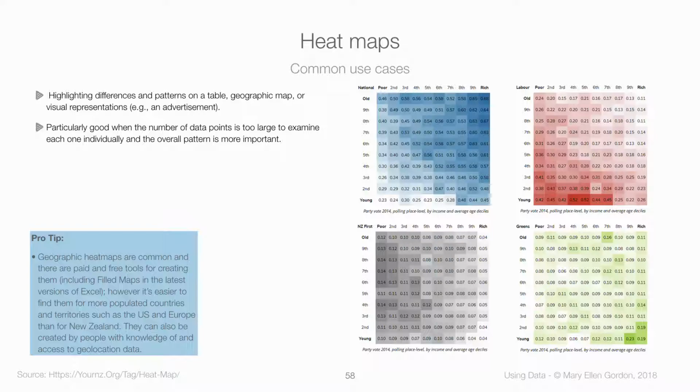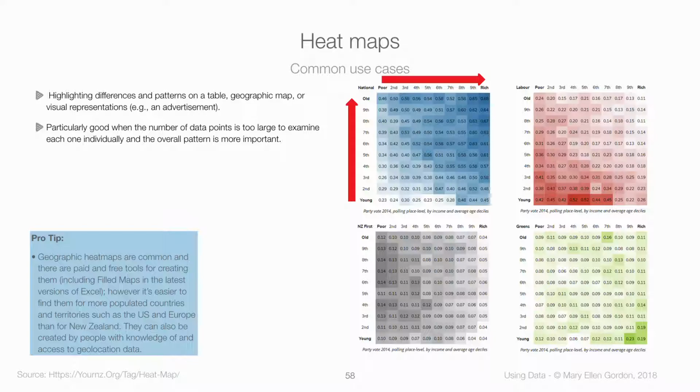What they're showing is the New Zealand population or voting population split into 10 groups based on their age from youngest to oldest, and also 10 groups based on their income from poorest to richest. And then within each of those cells, it's showing what proportion of them supported a particular party, in this case National, in this case Labour, Green, and New Zealand First. And the darker colors indicate higher percentages, so where that party got the most support and where that party got